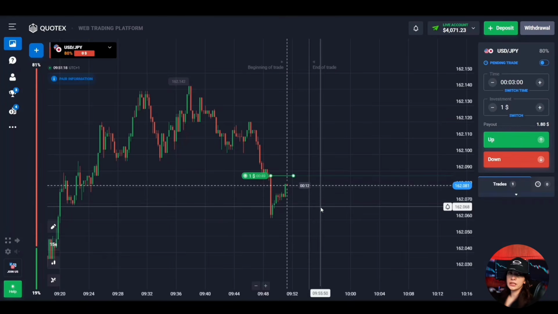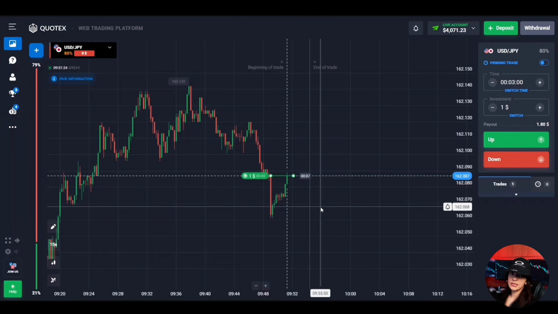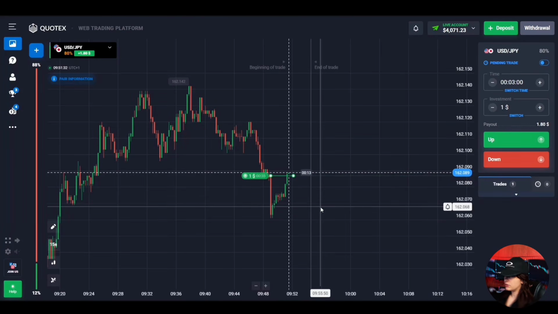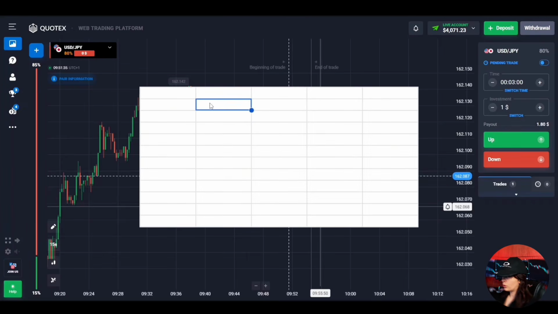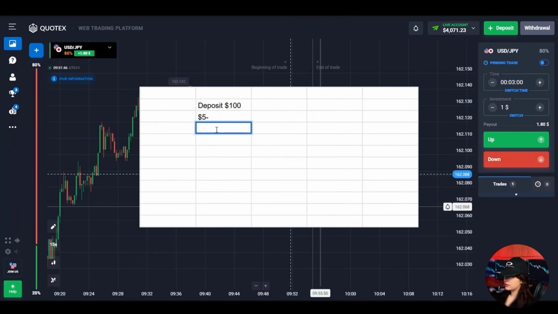The lower the percentage of the initial transaction, the more potential steps your deposit can take. For example, you can trade with a fixed amount, that is always open deals for the same amount, for example 1% of the deposit. And if in your case the deposit is, for example, $100, you can trade at maximum 5% of your deposit. That is, the initial transaction amount will be $5 of your deposit. That is, if you make a loss, you reopen a deal for $5. That is, every time you open a deal for $5, regardless of the outcome of the previous deal.